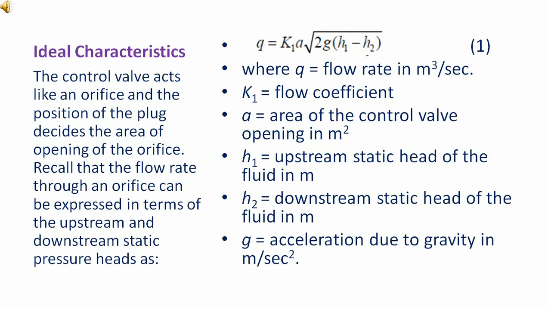Ideal characteristics. The control valve acts like an orifice, and the position of the plug decides the area of opening of the orifice. Recall that the flow rate through an orifice can be expressed in terms of upstream and downstream static pressure heads as shown in equation 1,